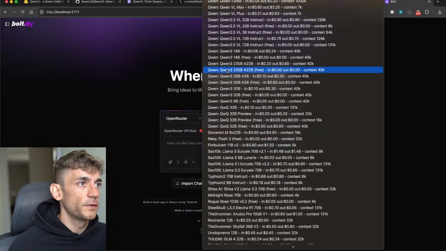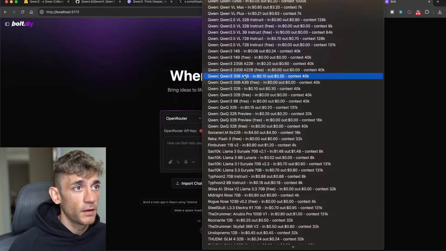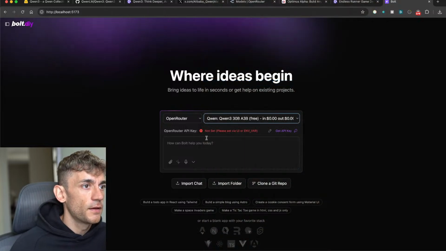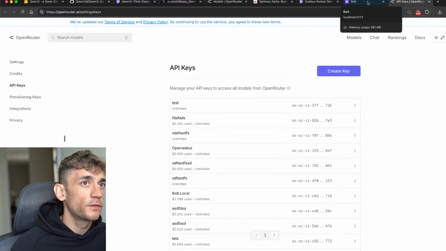So you see here in the drop downs, you can switch between all these different models. And it's got all the free models as well. So for example, 14B, 235B, 30B, etc. I think on the website it said 30B is the most powerful. So we can select 30B right there. And then we just need to set our API key. If you click on Get API Key, we can get one from Open Router